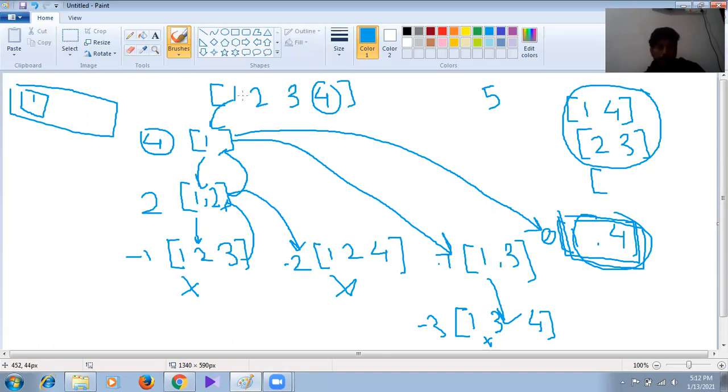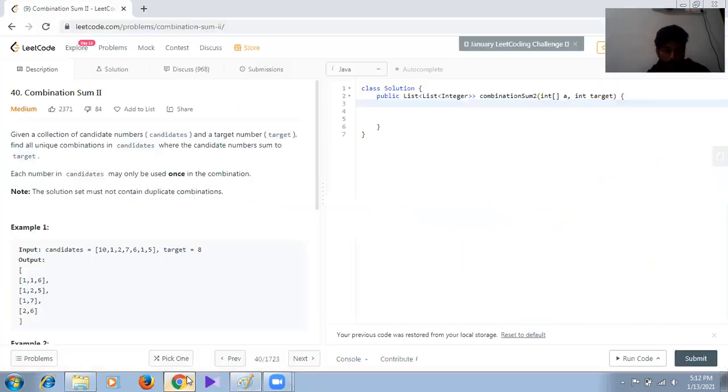We will check this process for each and every element using a loop, and after completion of the loop we will find all the subset combinations where the sum of each combination's elements is the target, and finally we will return this final result. Okay, now quickly we will implement the code.